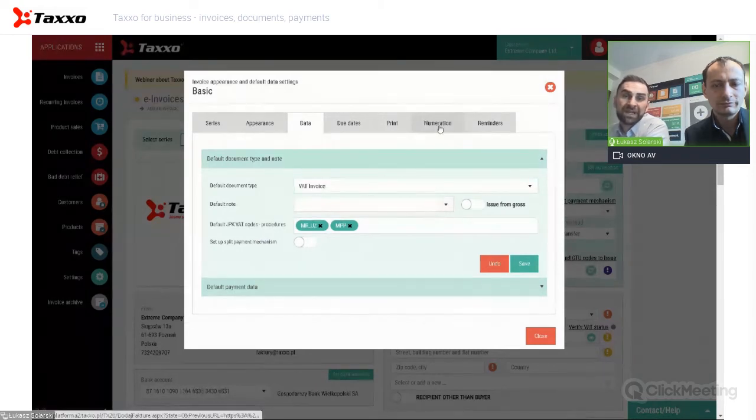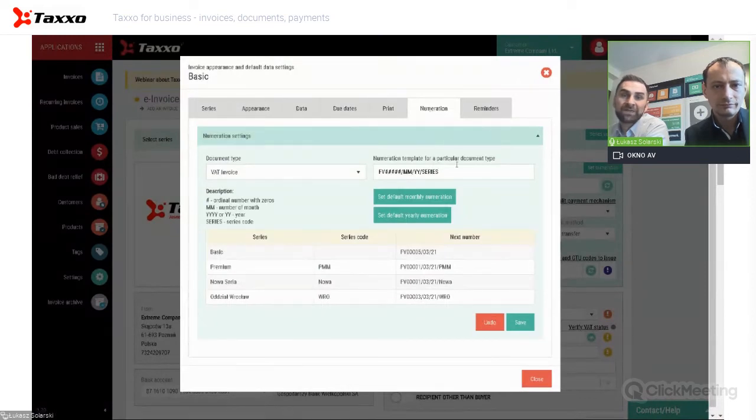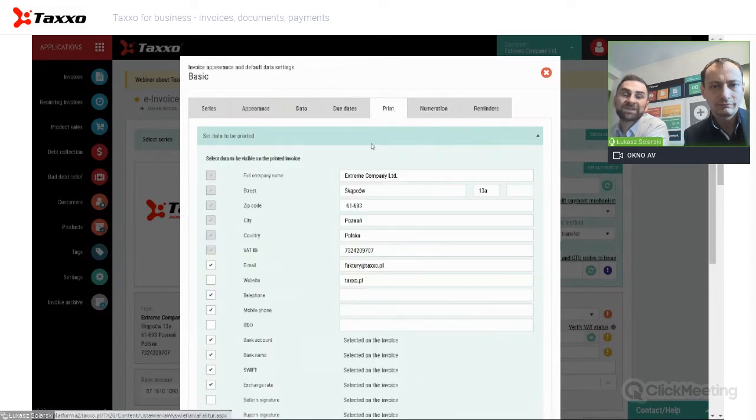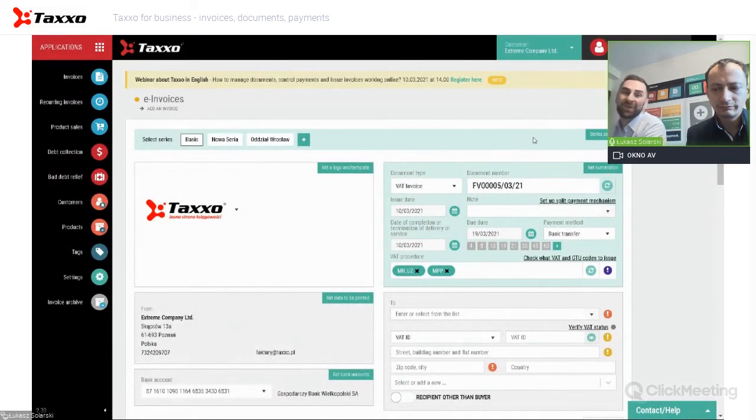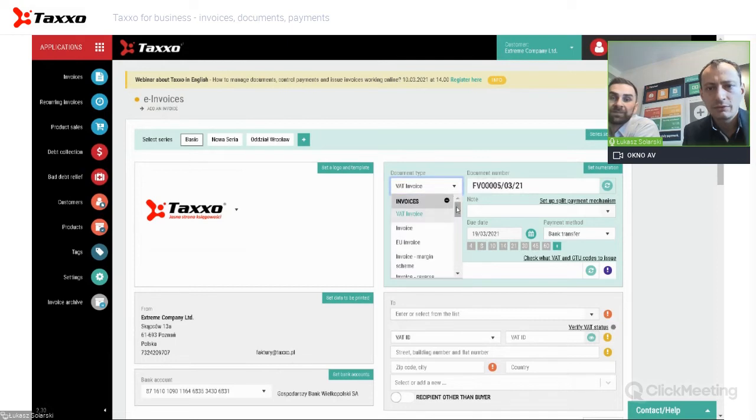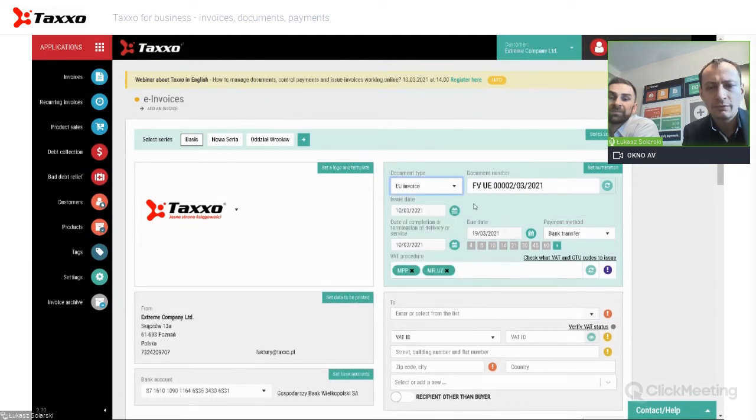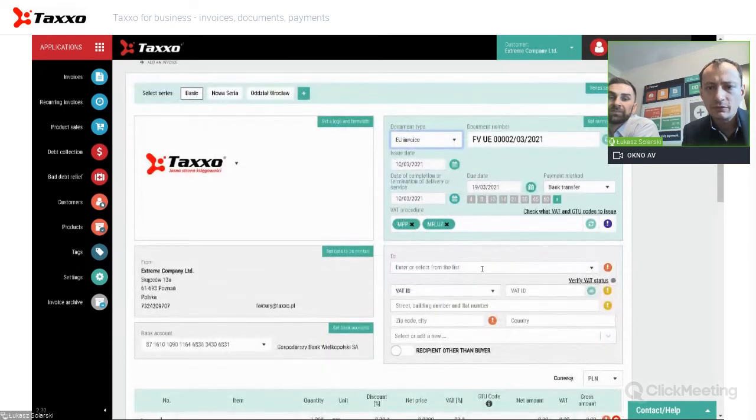You can also change the template of numeration. You can also change settings of print. So there are many things which you can change, and if you set defaults, they will be applied to all your invoices. And also you can change the document type. So if you are invoicing EU contractors, you can just change the invoice to EU type. And for example, you can go to